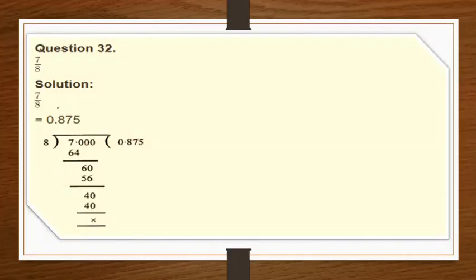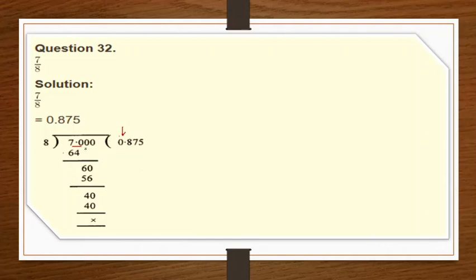In the next question, the same as that. See in this question, 7 upon 8. Here 7 is not divisible, so we will move to the next digit. But here no digit is there, so we will insert the point and 0. After that there is 70. It means we have to divide it by 8. 8 8s are 64. And now we get 6.